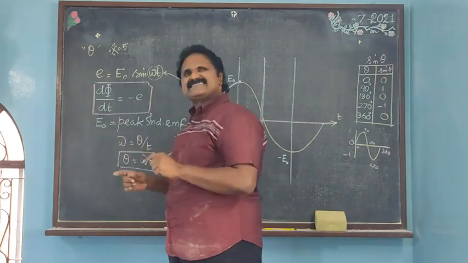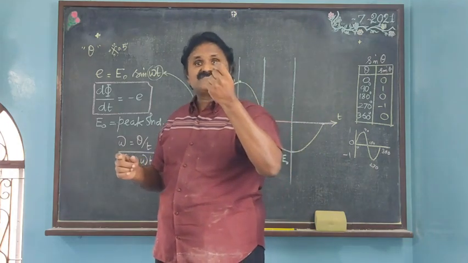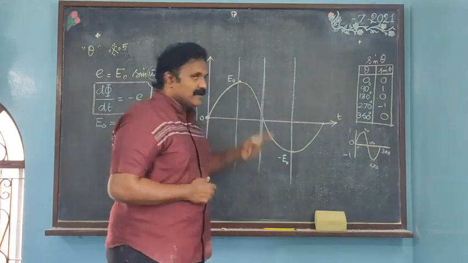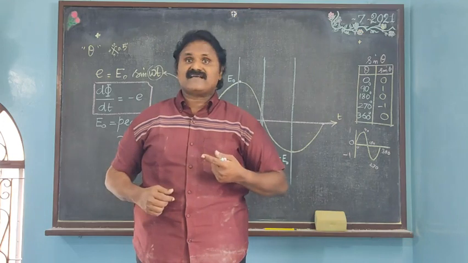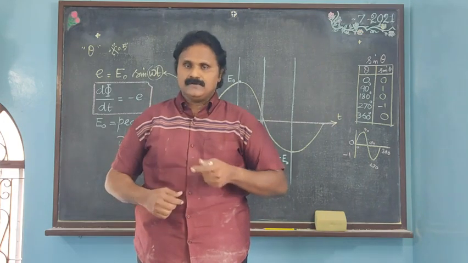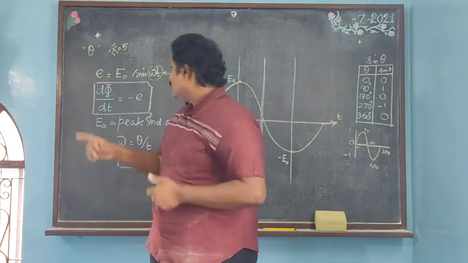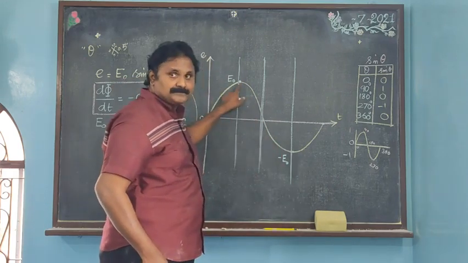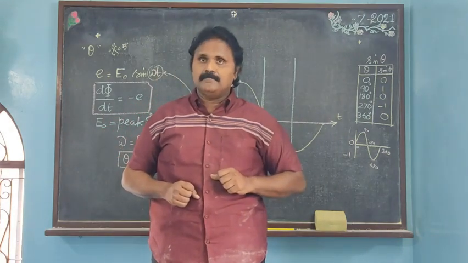Meaning if the flux is changing from 0 to maximum, EMF is changing from maximum to 0. Now, I was talking about this. The lines are crossing like this. My flux is equal to 0. But with respect to angle, this is going to be 90 degrees. I substituted 90, I got E naught. That means EMF is maximum. Yes, my flux is 0, but the EMF is maximum.